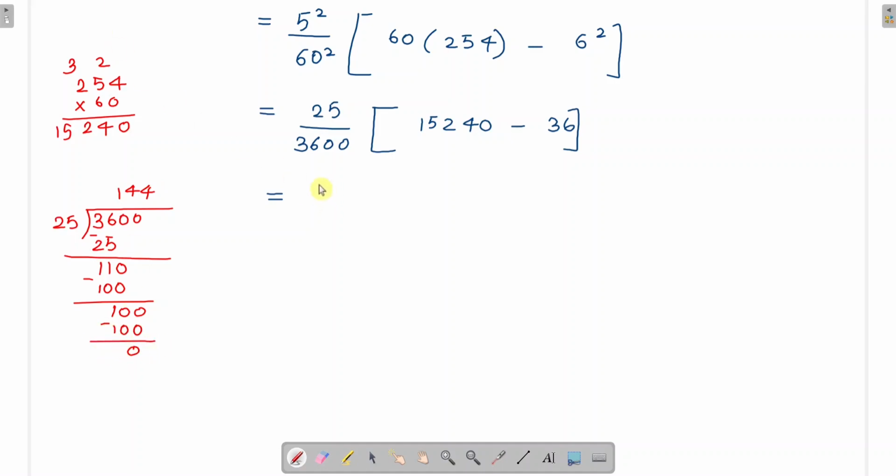So that means 25 times 144 is 3600, so 1 by 144 into,